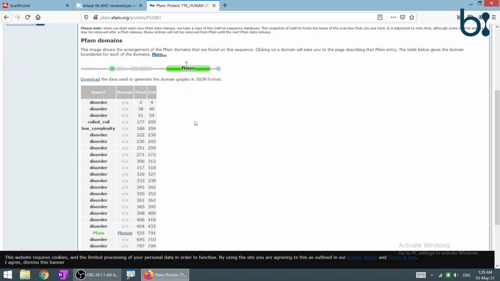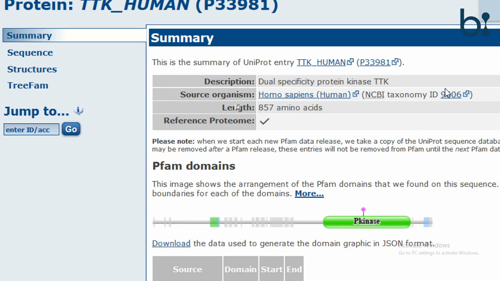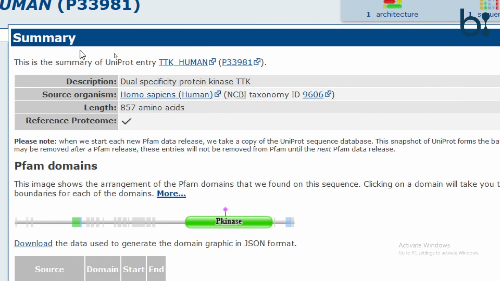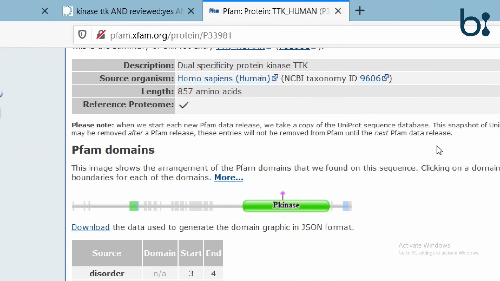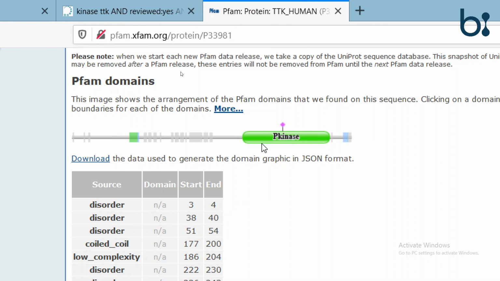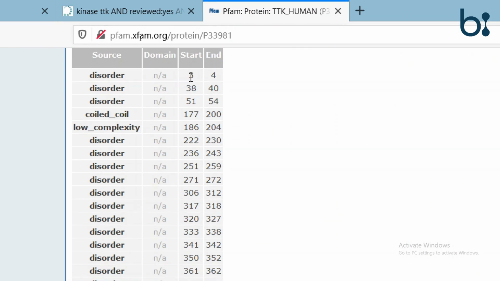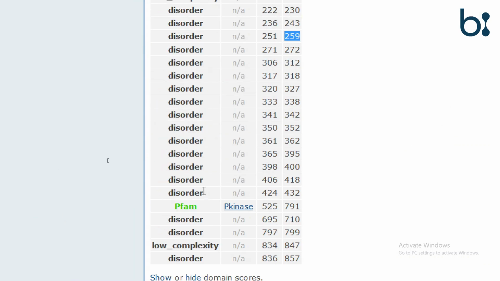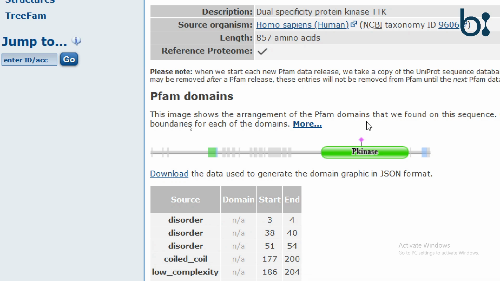Okay, so this is how the result in PFAM is given. We can see again this is the graphical representation, and here is the information on each amino acid, that from 3 to 4 it is disordered, it is coiled, and other information. If we move down, we will see that the protein kinase is basically running from the 525 amino acid position to the 791 amino acid position.